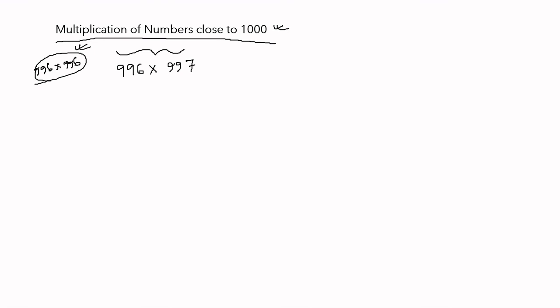So same old story, just write it like this: 996, 997. यहाँ का steps है ना, मैं already explain कर चुका हूँ while I was explaining multiplication of numbers close to 100, so I won't be writing the steps again. Plus the moment I start solving, you will realize that you do not need to write the steps separately for all this. Okay, so the first step will be to see the difference from 1000.